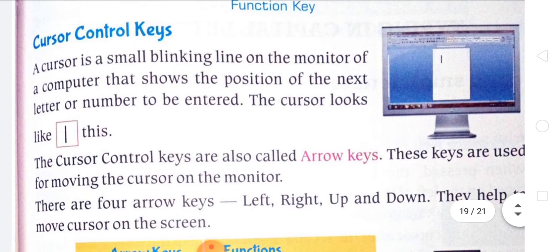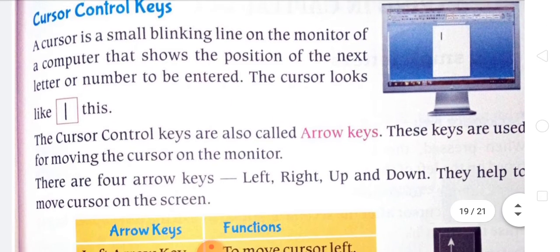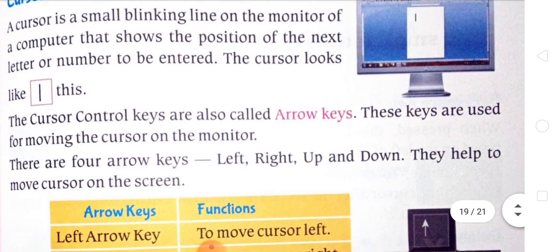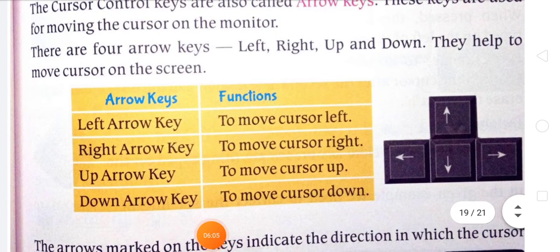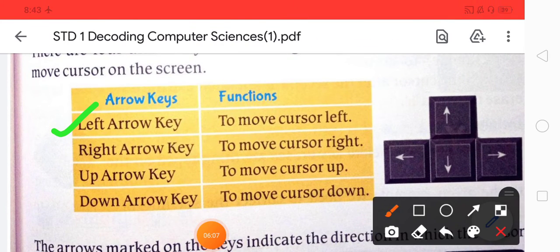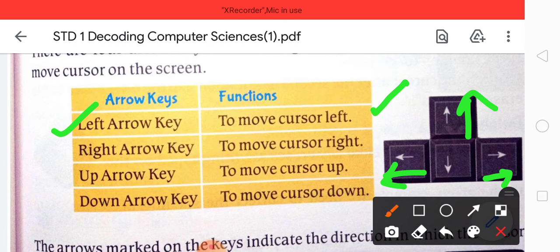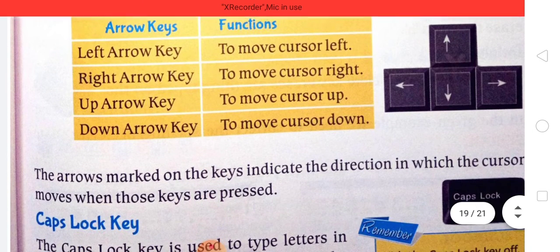Then the cursor control keys. You may see here, these are the 4 cursor keys. This one is the left arrow key. It helps you to move the cursor left, the right cursor key helps you to move the cursor right, the up cursor key helps you to move the cursor up, and the down cursor key helps you to move the cursor down.